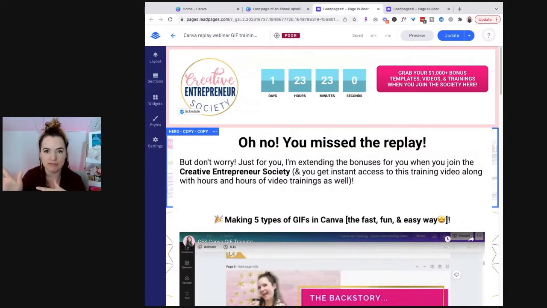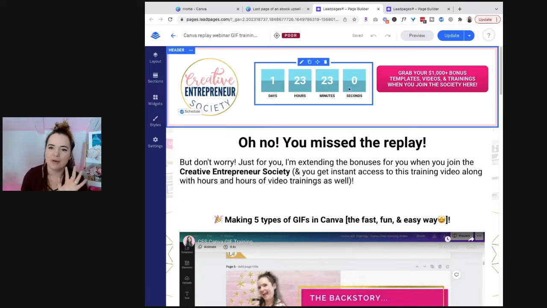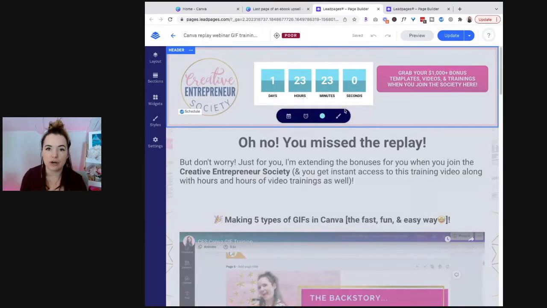This was an evergreen funnel that we've been testing around, and there was an issue with the replay page. We did not realize this, obviously, until we got a bunch of emails about it, and we were like, I don't know what's happening. So it turns out that despite the fact that there are timers, what we didn't realize is